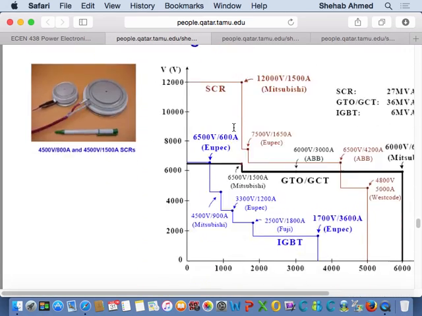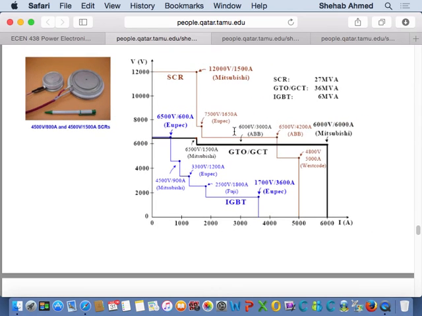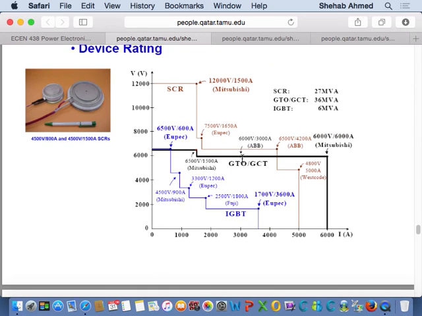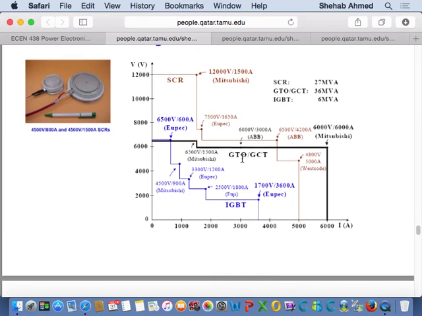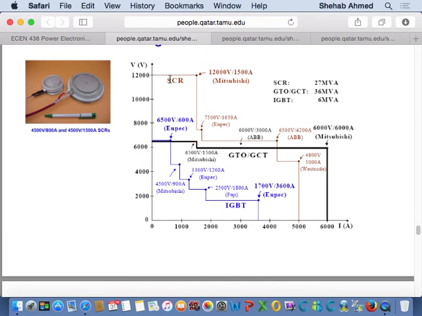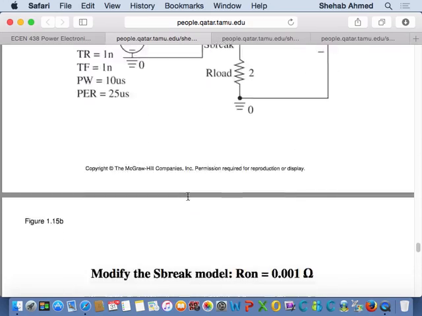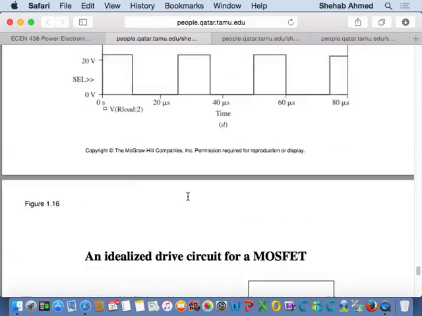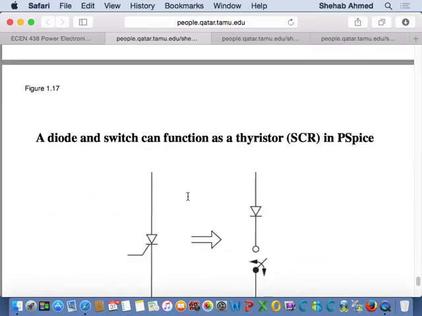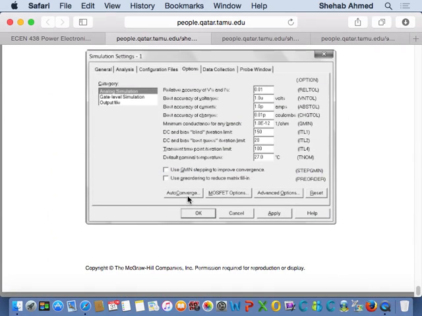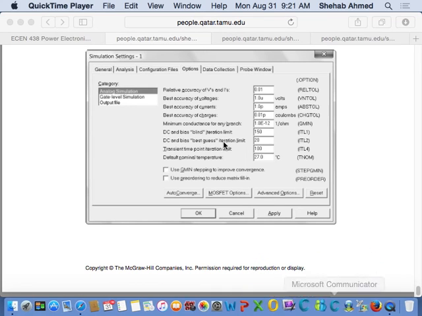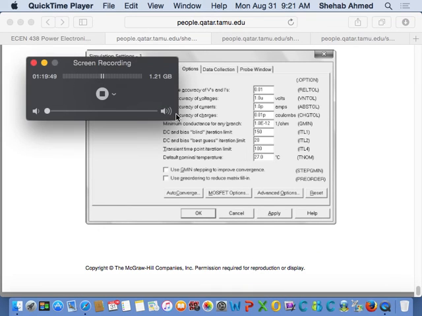The rest was just me giving you some idea of ratings of commercial devices. I think we went through that in the first class as well, just to tell you that the SCRs are the workhorse of high power. IGBTs are a lot less voltage and a lot less current, but they are used. The rest of the slides are just some simulation work that you will go through in the lab. So we're done with chapter 1. I will post the homework to the website today, and you will